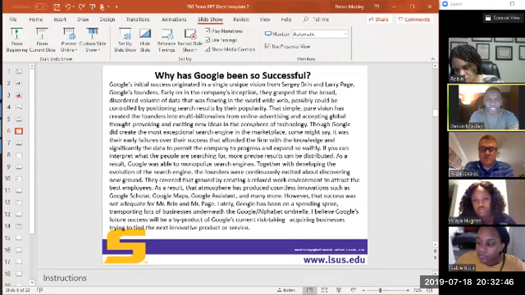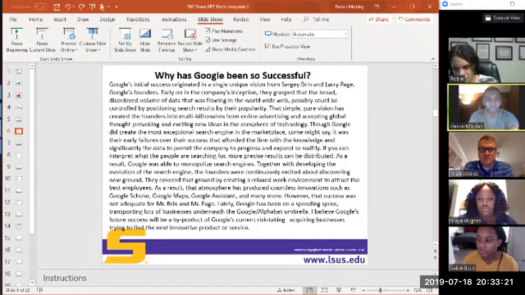But we have to recognize as well that Google is growing and continues to grow, and they grew back then and they're growing now because of the failures of trying to get that successful search engine. And that transitions into how they're succeeding now, because they're still failing. As we talked about last week, they're failing at acquiring other companies. They're acquiring a lot of companies, and most of those companies that they acquire fail. But the one or two that pop,